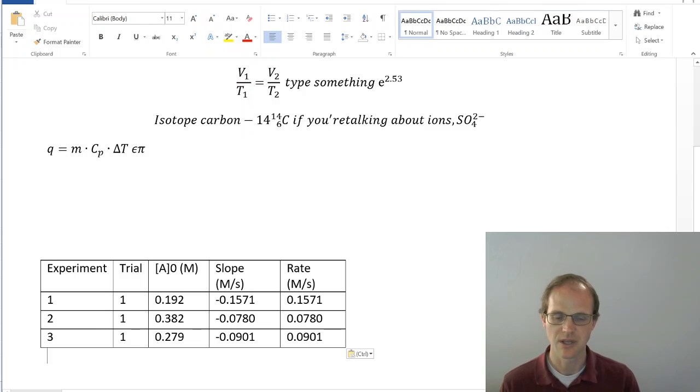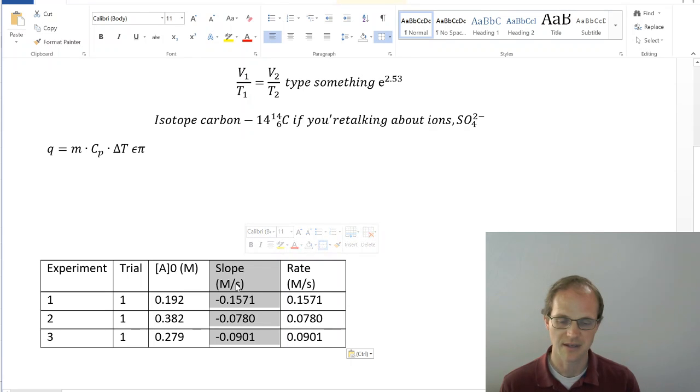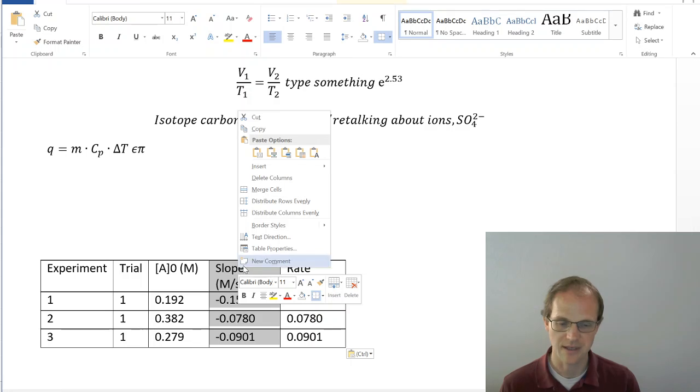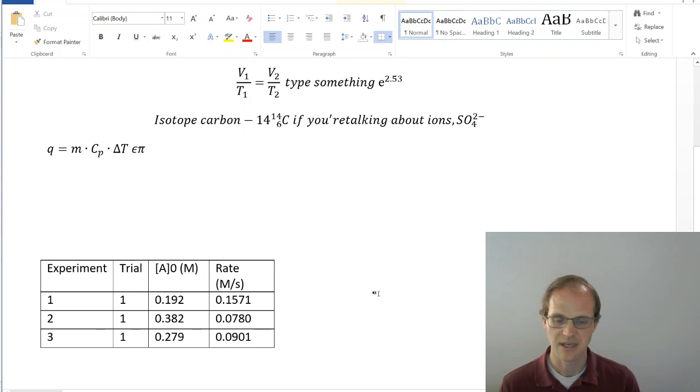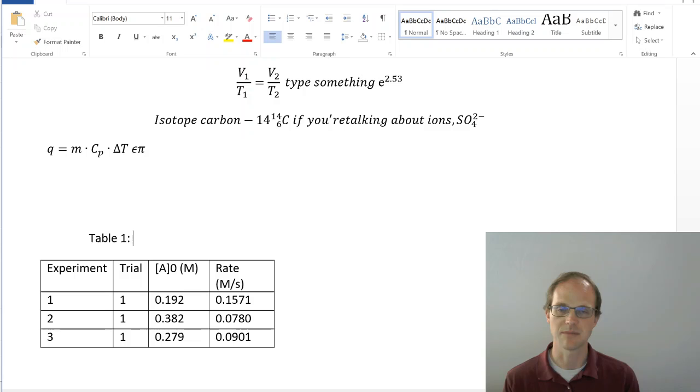Now you've got those normal borders that you get from Word, and it's actually easier to manipulate. You can do things like, oh, I actually don't want this column in my Word document, so I'm going to delete that column. I selected the column and hit delete. Remember that all plots, all charts, all things like that should have labels. So if I had this table here, I would label it Table 1, and so on, telling me about what was in that table. I'm not going to do that now. You can look at the documents that I gave you for how to write lab reports to see that information.